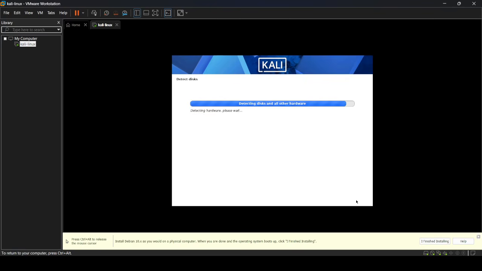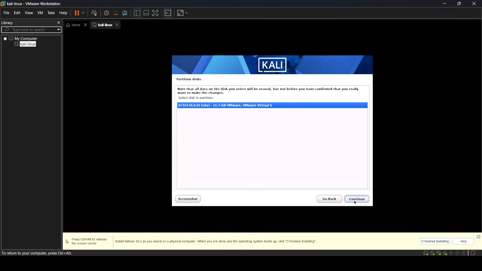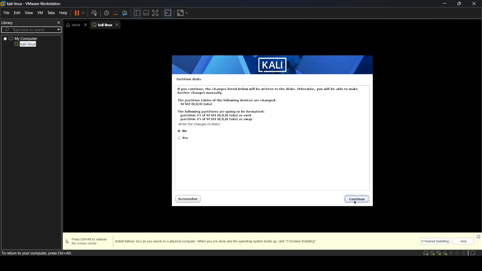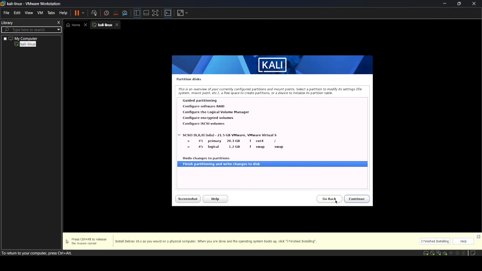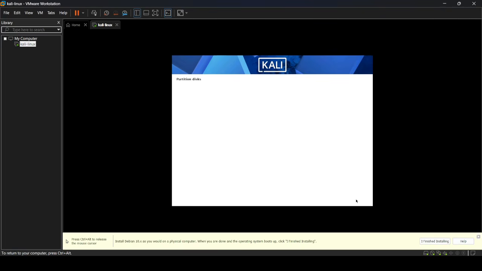Configure the clock and all. Okay, data disk. So you need to just wait. Okay. So yeah, use entire disk. Do continue, continue, continue, continue. Finish partitioning. Write changes to disk. Continue. Yes, and yeah, here you need to do the yes. Okay. Just do continue now,